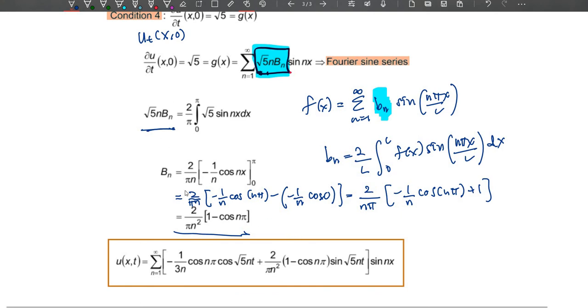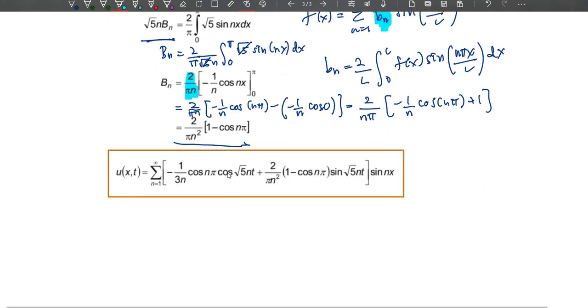Okay, I just remembered, some of you might be confused how it becomes like this. It actually has been rearranged here. Okay, bn equal to 2 over pi over root 5 n integrate 0 to pi root of 5 sin n x with respect to x, right? So root of 5 and root of 5 can be cancelled out, because it's the same constant. That's why we are left only with this at the front. Okay, next. Let me highlight it a bit.